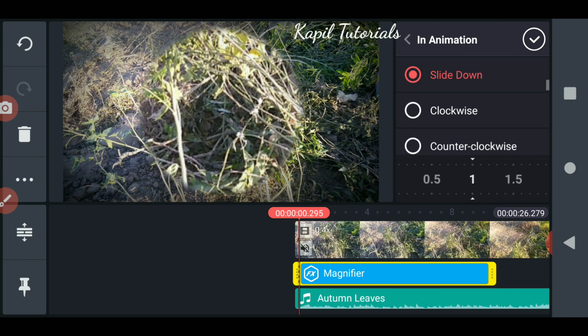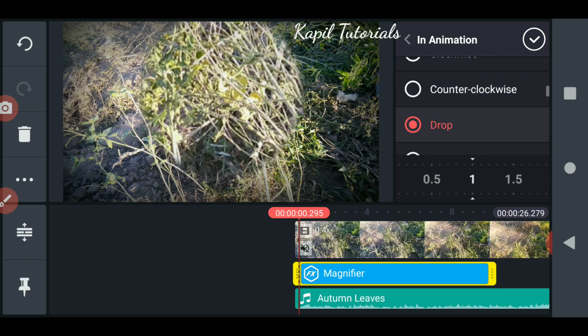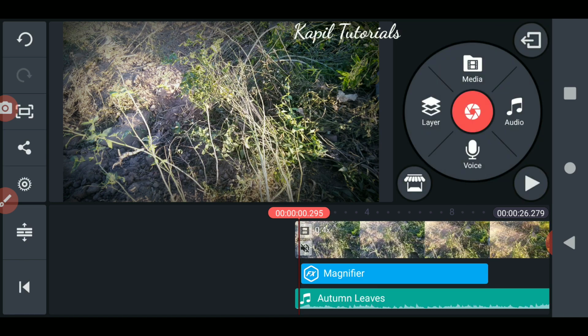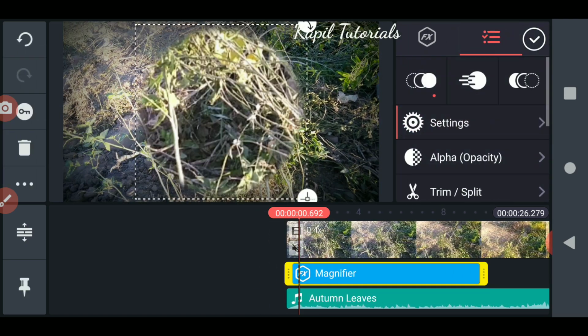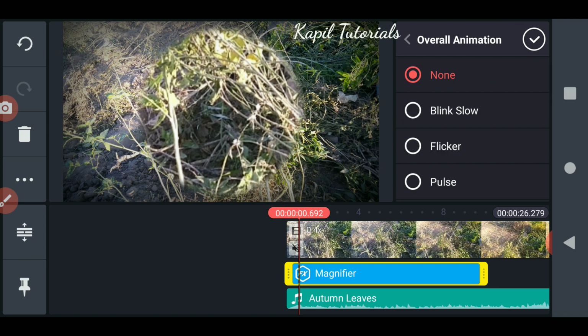Then drop like this. Okay, then the middle. Now there are three kinds of animations. The middle one I'll try. Blink like this.